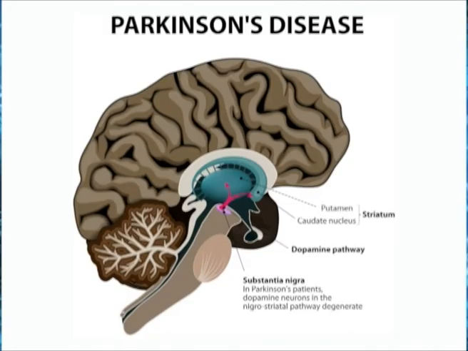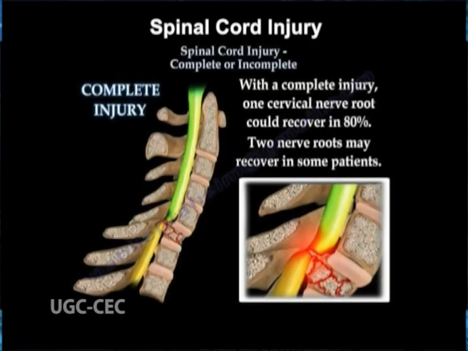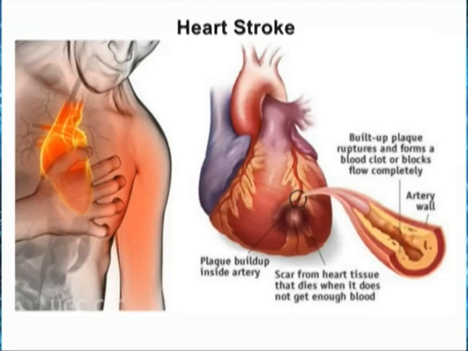Destruction of dopamine producing cells leads to Parkinson's disease. Loss of neurotransmitter producing cells leads to Alzheimer's disease. Loss of cells is also observed after spinal cord injury, brain trauma, or heart stroke. Such patients can be treated by placing normal and functional pluripotent cells in the tissue, which can differentiate into